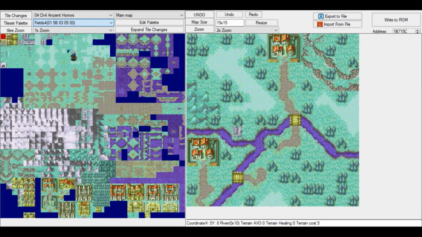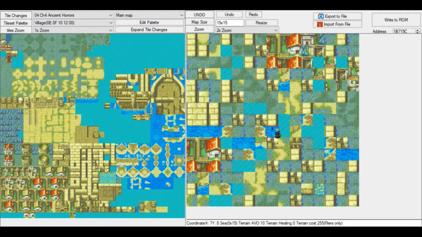And you also have, for an example, if you go to village, that is actually screwing everything up. That is because this is a whole different tile set. This is used for villages with boats. For an example, chapter 9, a distant blade from Eirika's route, makes use of this tile set, as well as chapter 3, the bandits of Borgo, makes use of this village tile set. And you have a couple more. They mostly just change the water over here.